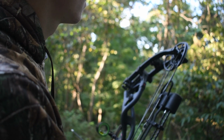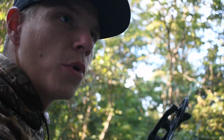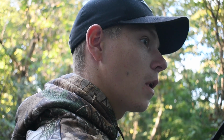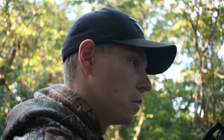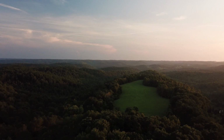What is that? What was that? Either a branch coming down or a deer falling. Did he just crash up there? I don't know. Something crashed. Well, shot this buck at 5:30,